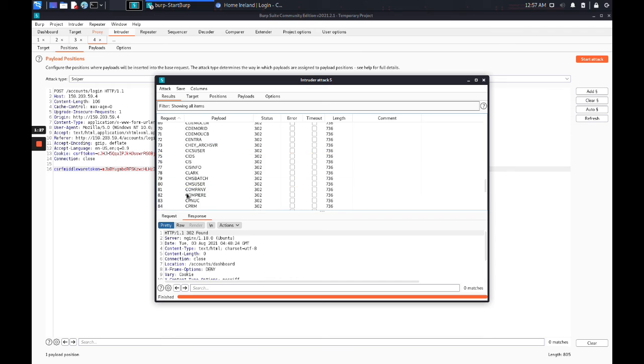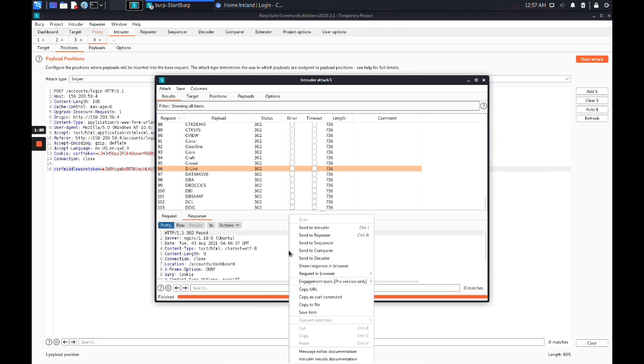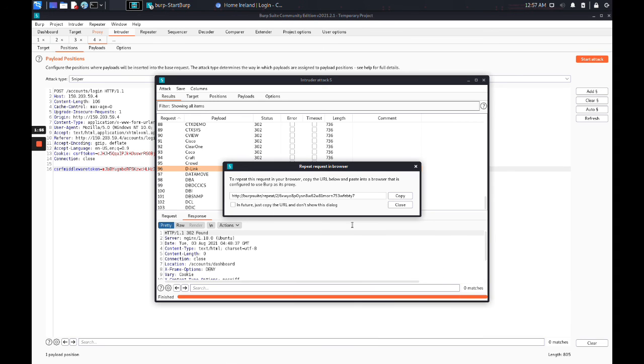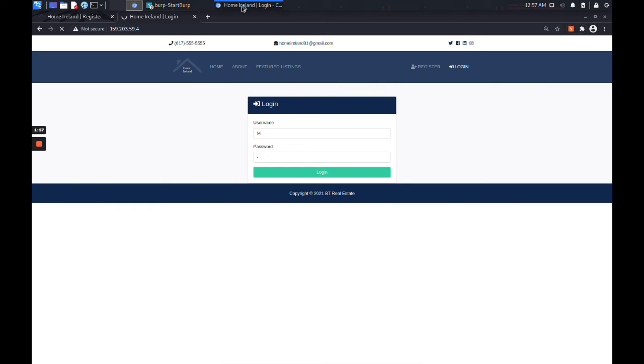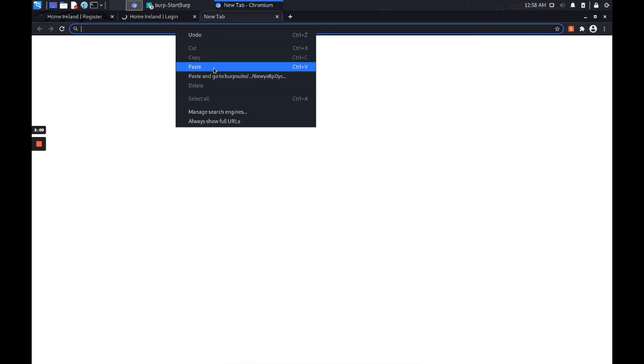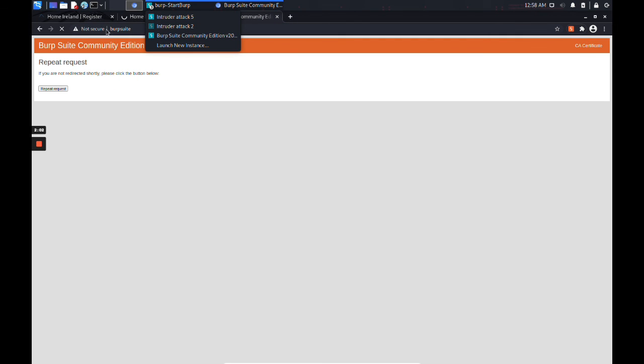I'm opening any random pages. See, all those accounts which we made by trying to cause the buffer overflow with brute forcing on the registration page, we use those same accounts on the login page. Hence the brute force is successful. I'm opening a random payload request and its response. We want to see the response in the browser in the original session. Just copy the email address over here and put it in the address bar, and let me turn off my